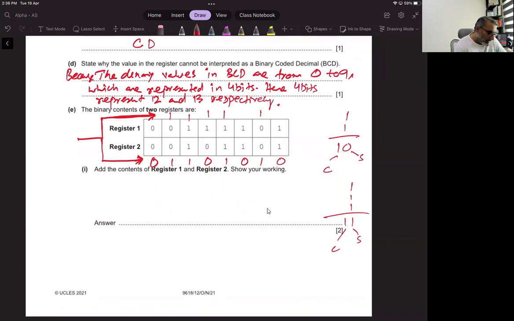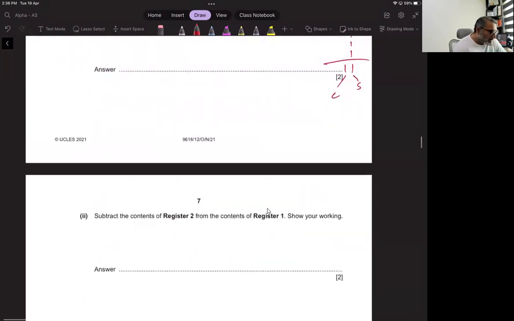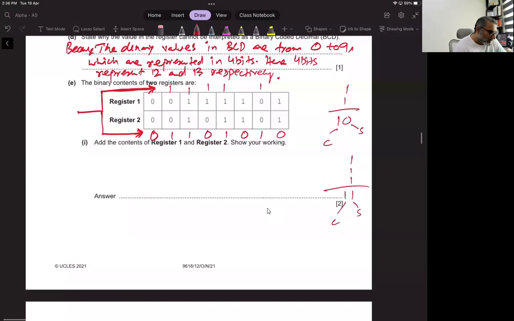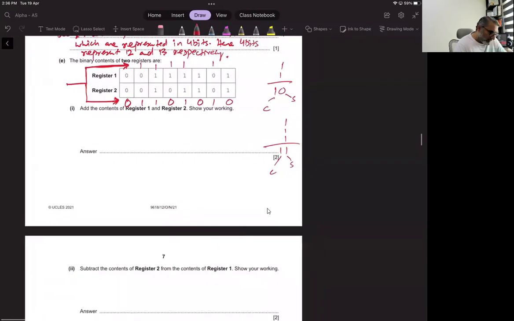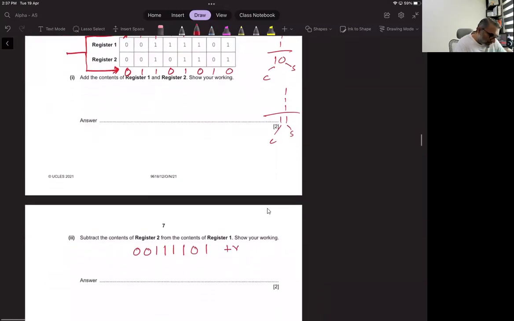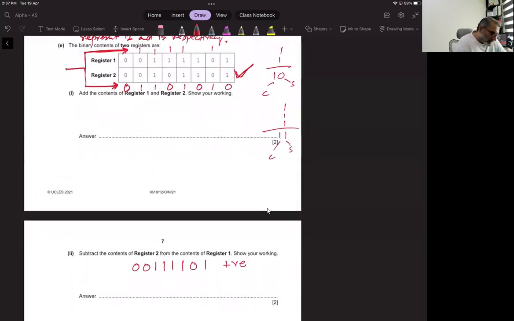Okay. Now, subtract the content of register 2 from register 1. Let me first write it down. Register 1, 0, 0, 1, 1, 1, 1, 0, 1. All right. So this is a positive number. Then the second number is this one, 0, 0, 1, 0, 1, 1, 0, 1. So this is a positive number as well. So we have to apply the 2's complement of it so that we could